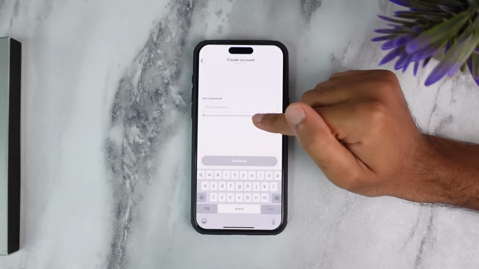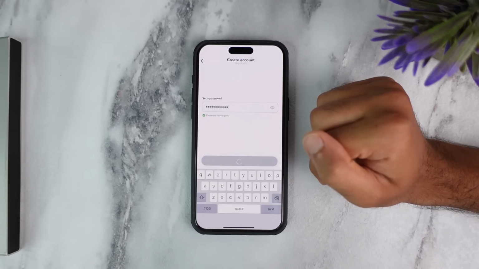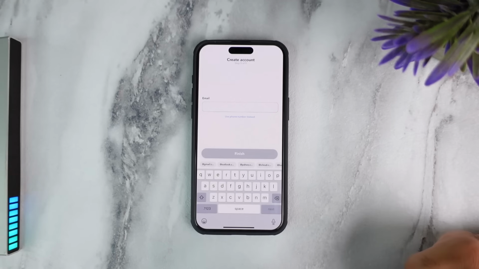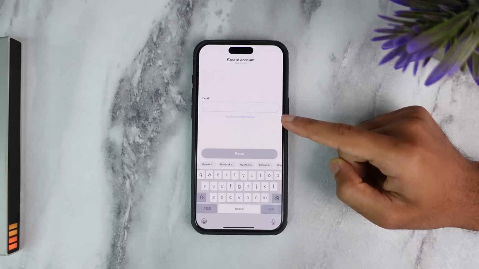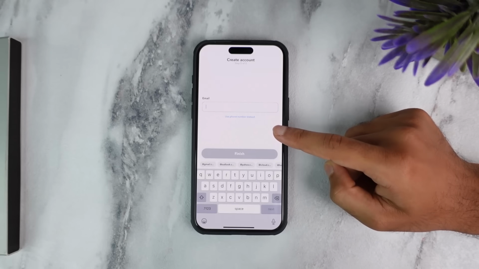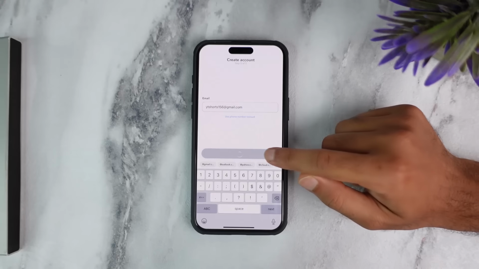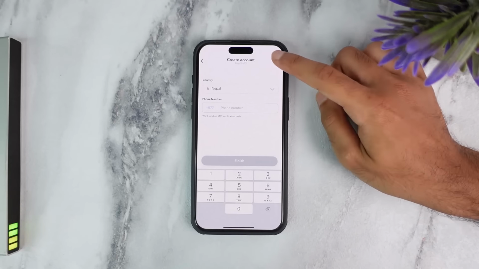Now you'll have to set a new password for your Snapchat account, so simply do so and then tap on the option continue. Now it will provide you two different options over here. You can either use your email address to create an account, or you can also use your phone number. In my case, I'll simply choose my phone number and then tap on the option finish. Now if you want to enter your phone number, you can enter it over here, but if you don't, tap on the option skip,